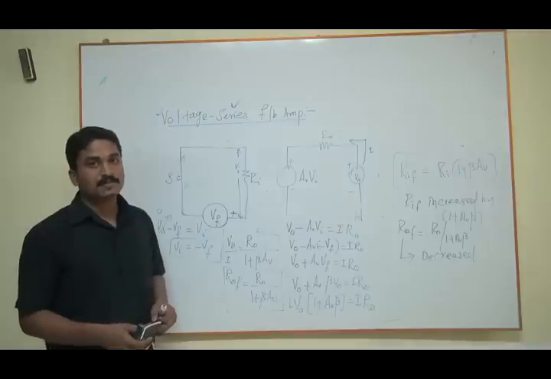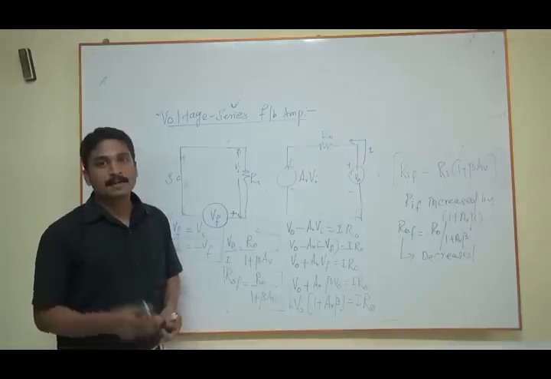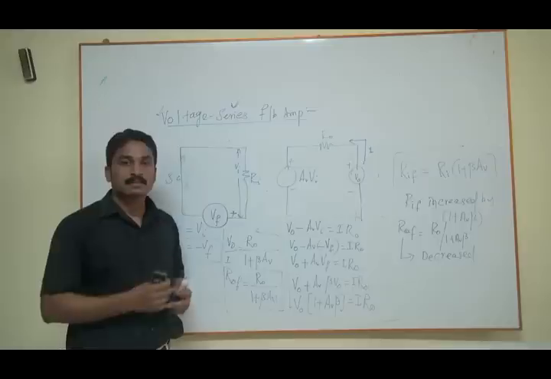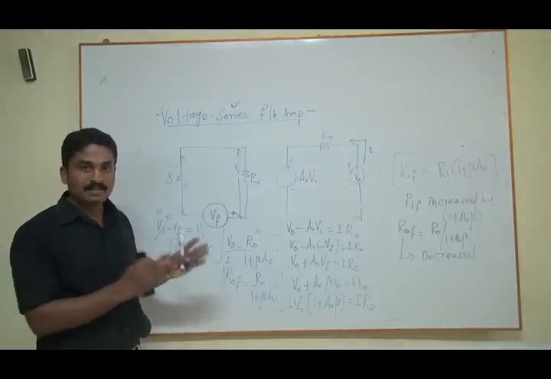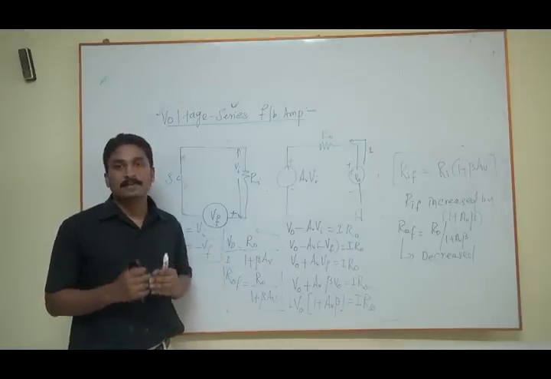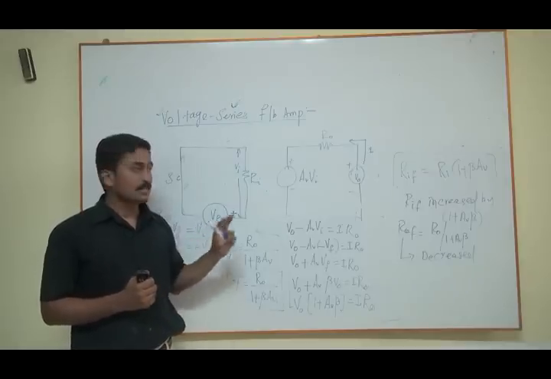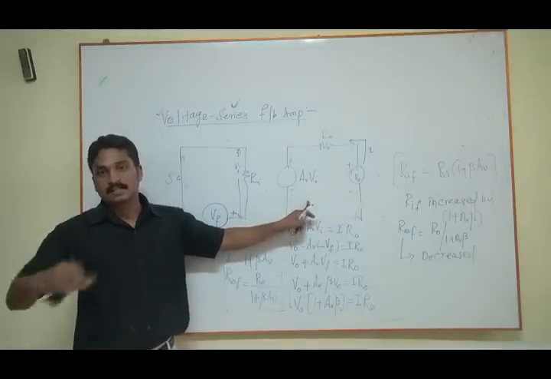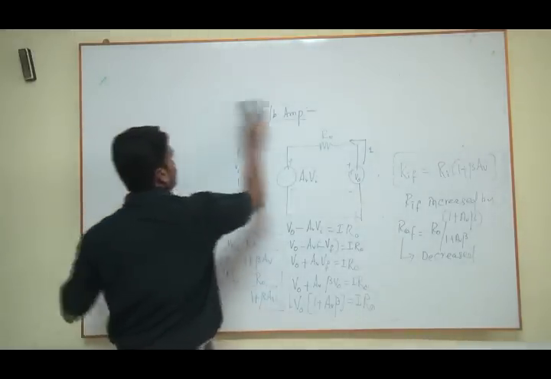This voltage shunt. Voltage shunt means output side is again voltage, the same circuit, but input side we have to connect in shunt. Shunt means it makes some effects on the current. So I have to take a current circuit this side, and you can compare that voltage shunt feedback amplifier with the classification of amplifier that is equal to current amplifier. I'm sorry, it is not current amplifier. Your input side is current, output side is voltage, which means it is a trans resistance amplifier. Let us take note.